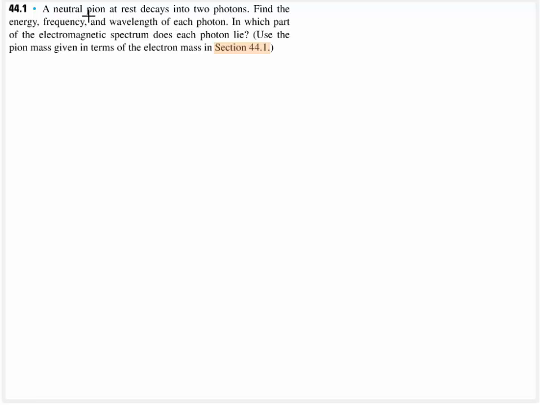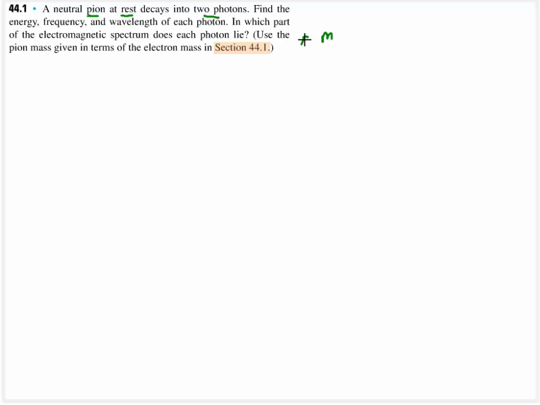Okay, some solved problems for chapter 44. First, we're going to have a neutral pion that's going to decay into two photons, and we're looking for the energy, frequency, and wavelength of each photon. Some keywords to pay attention to: this pion is initially at rest,